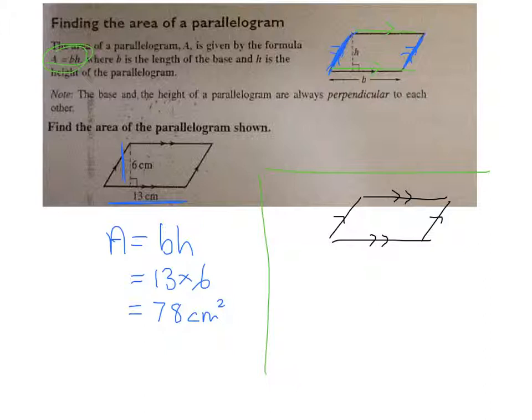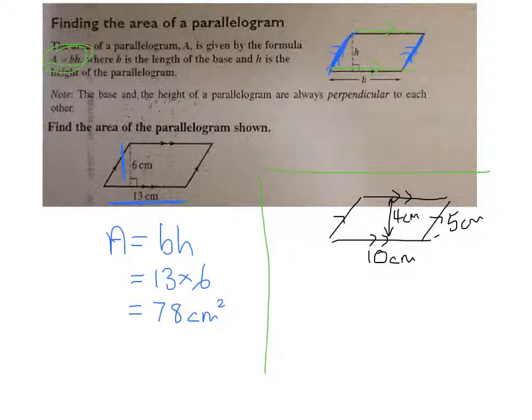For the measurements, I'm going to say that we have a base of 10 centimetres. And along this side here, I'm going to say that this is equal to 5 centimetres. That's the actual side length there, but if we have a height like that of 4 centimetres,